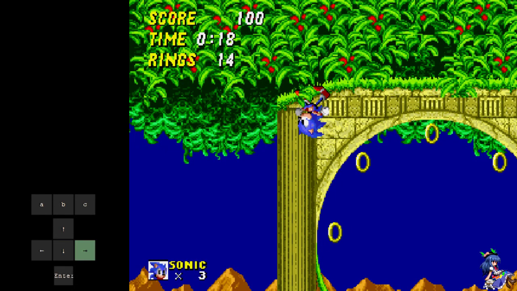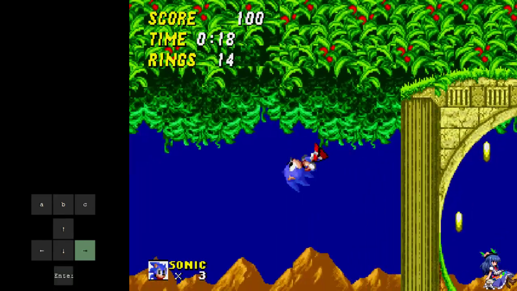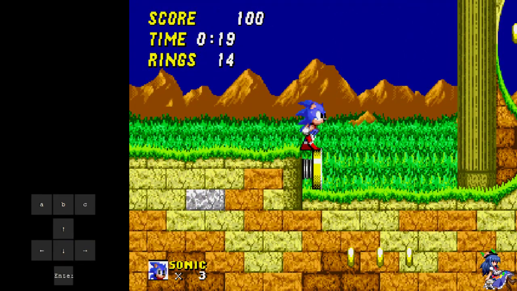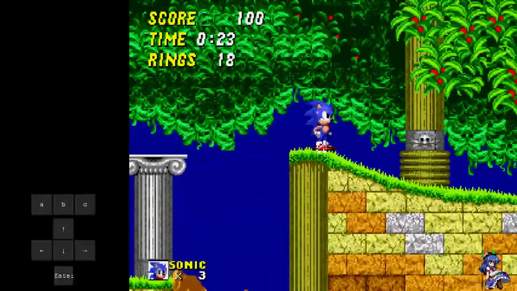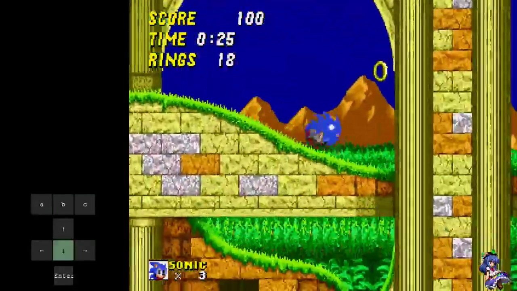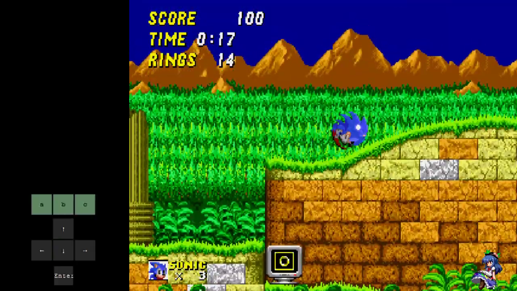Oh, actually, last thing, how to back this up. So if you get this, you want to just hold right here until you land here, and you want to be on the spring, and then you just 6-tap. And then the rest of the level is as usual. This is just standard glitchless, not on top of the loop. If your spin dash is too fast,